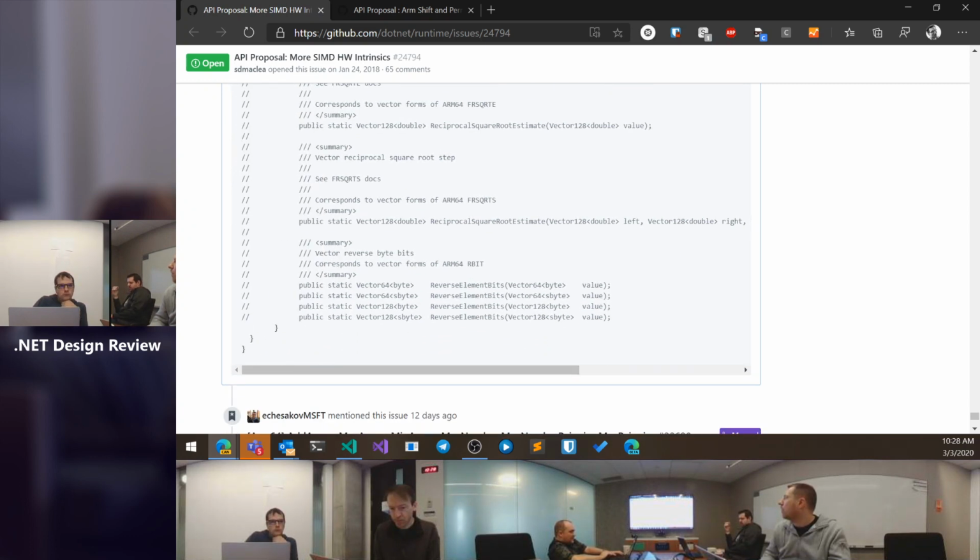And then reverse. The only other thing is, I think we approved previously reverse element bytes. This is different because